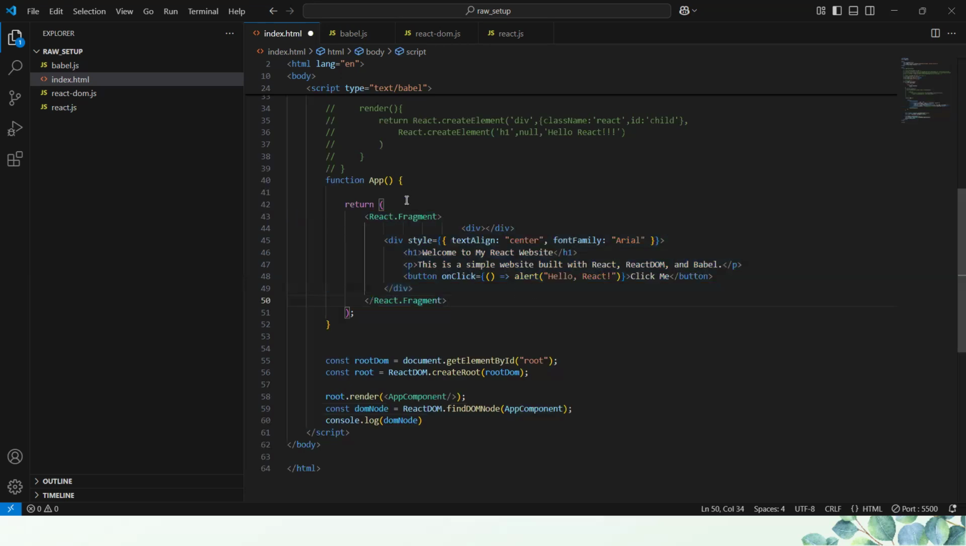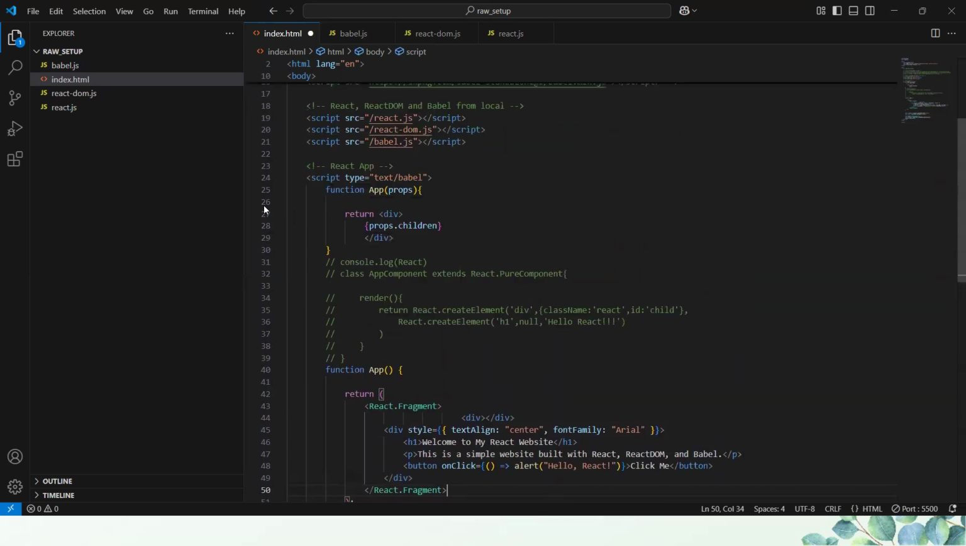This is a JavaScript function, but with JSX, we can write things that look like HTML inside of it. Then React will do the conversion for us. But the thing is this: without this Babel script here, if I comment it out, we are going to have an error. Our application will not work again, because we are using JSX. So if I save it and go to the browser,